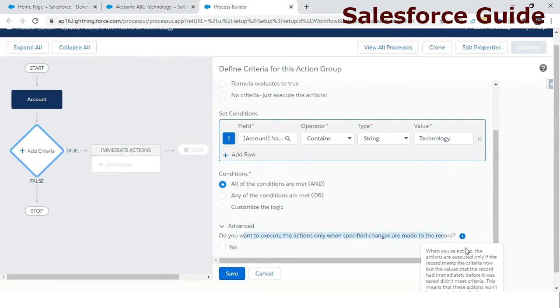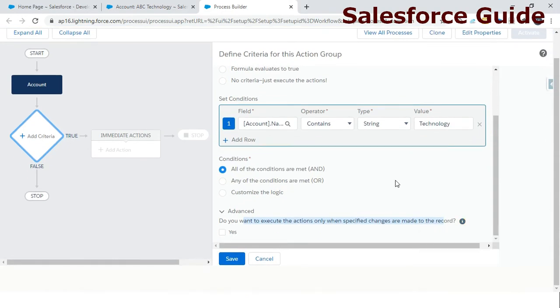That means if specific changes related to the account name are made, then only you want this to happen, and this checkbox will help you. That means a record that was not satisfying our criteria is getting converted into satisfying our criteria, then it should work. A record which already satisfies it and is getting saved should not run again, so that a workflow executes only once. As of now I don't want to continue with this, so I'm going to click on save.